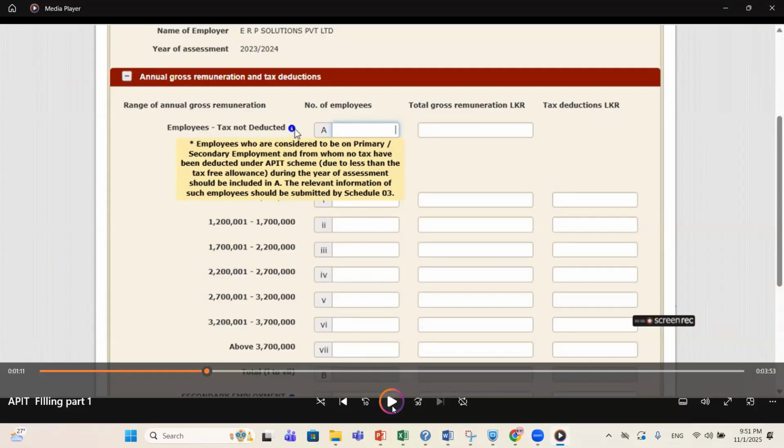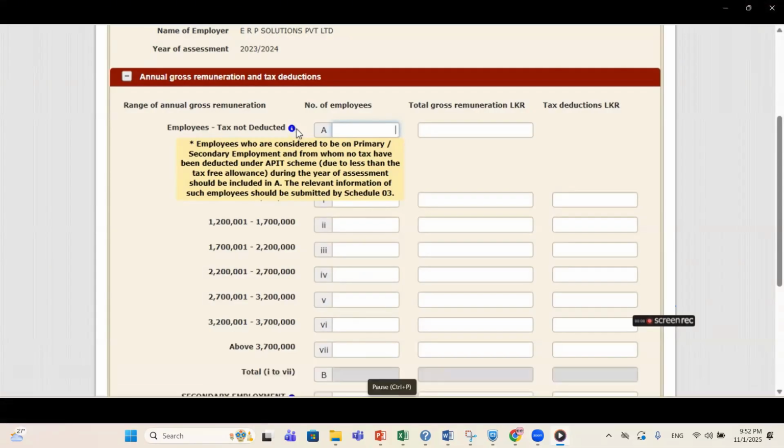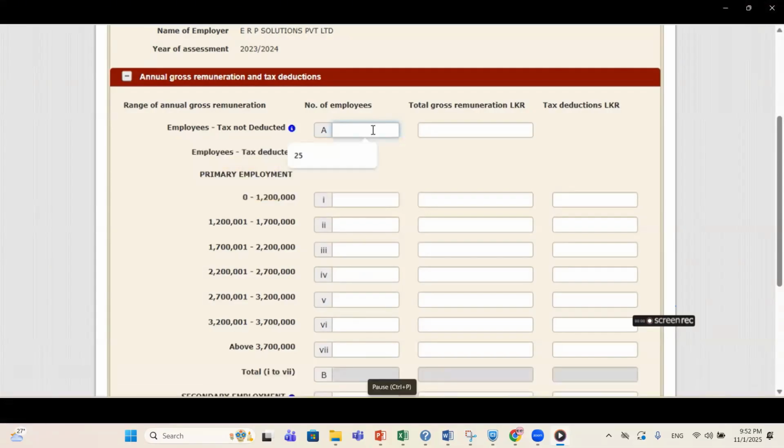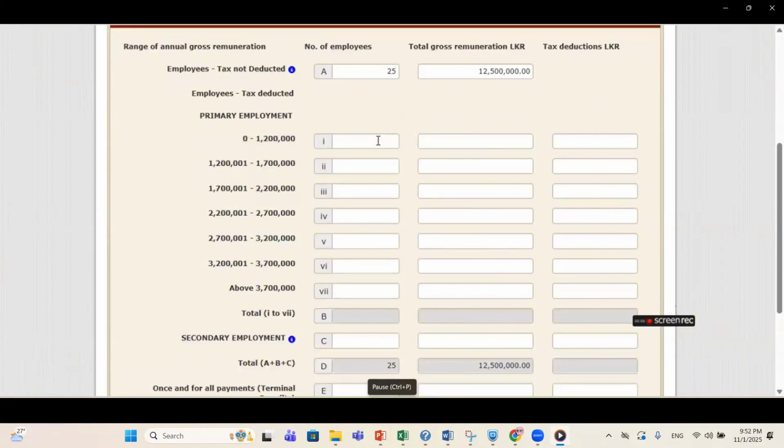Okay, we'll go ahead, right? Say 25 and the remuneration maybe this much, and for this category let's say 2, and anyhow some amount has been deducted.